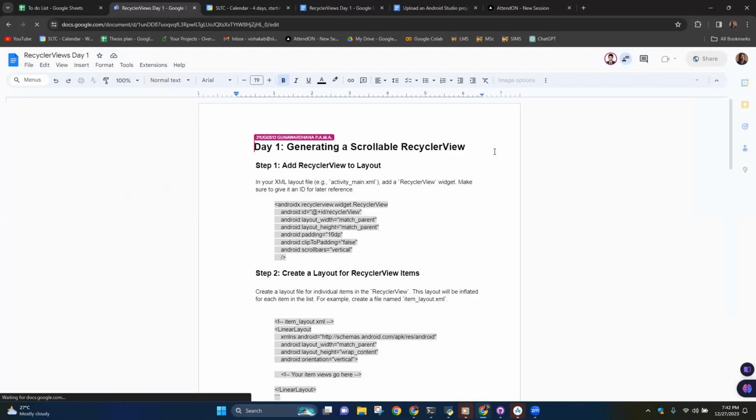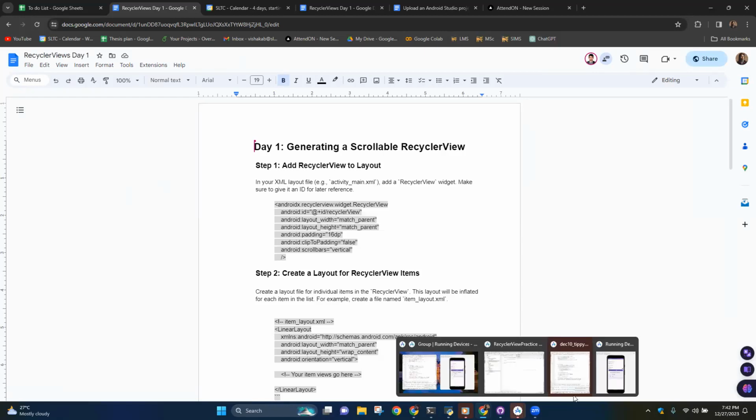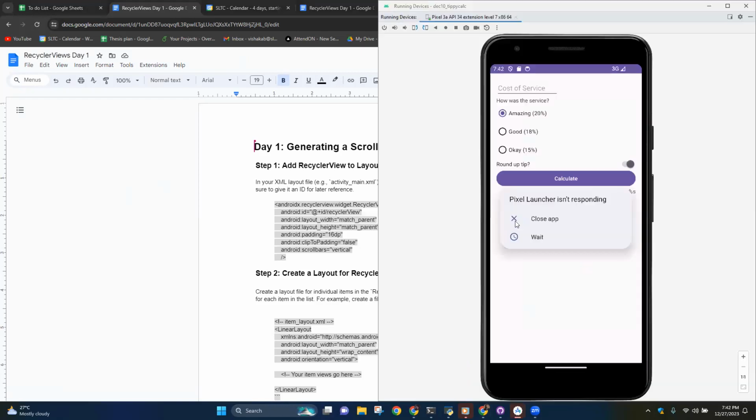The recycler view is something that we are going to be discussing today, and we will be learning how to implement the recycler view in Android Studio. So what do we mean by recycler view? That is something we have to discuss, right? Recycler view is used to